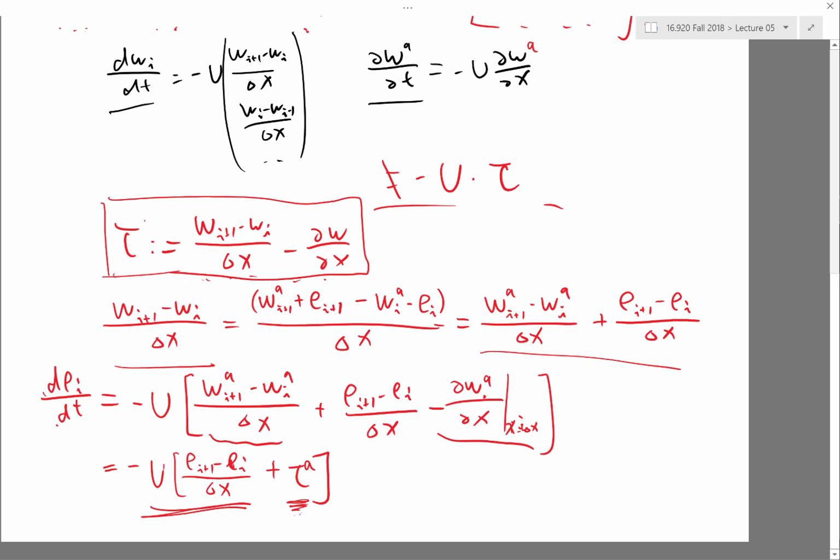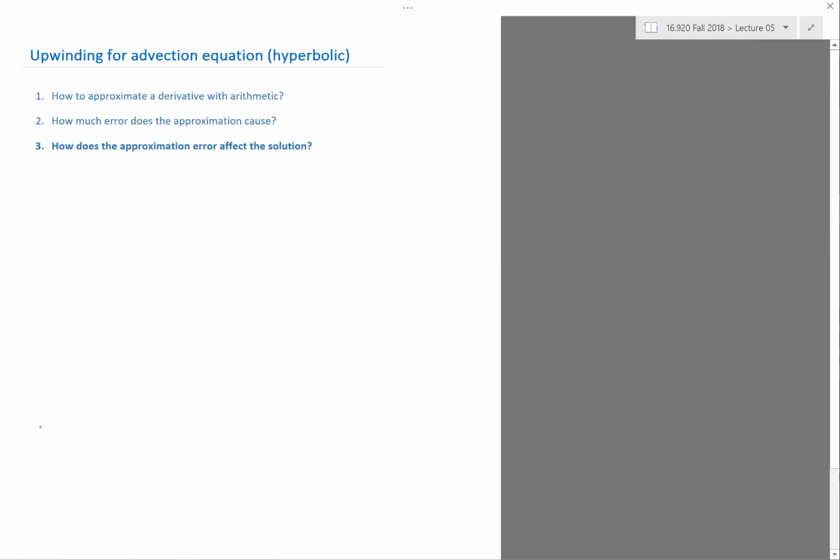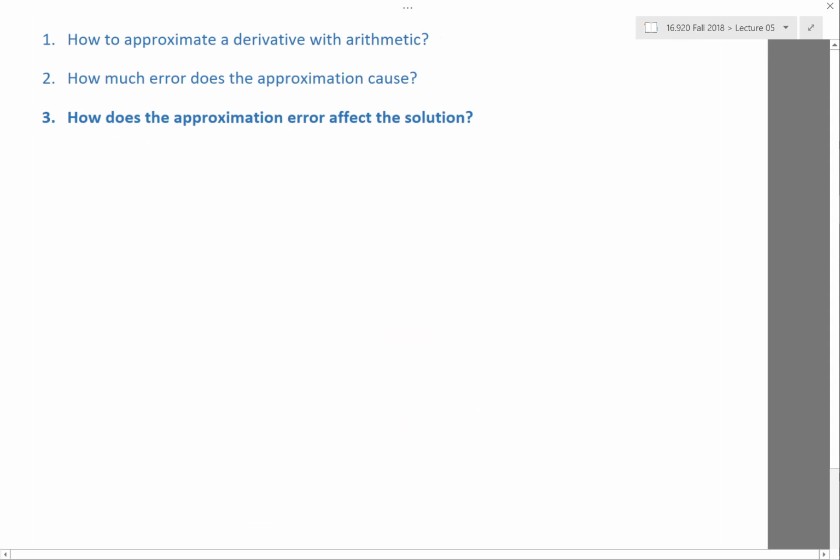Okay, so what we want to focus on is the error equation, let's just first look at it without any addition of truncation error. So if I just look at this equation without adding truncation error yet,